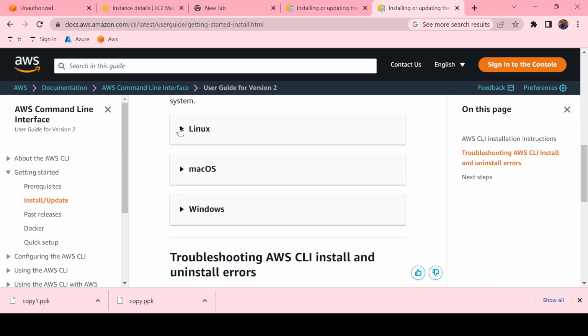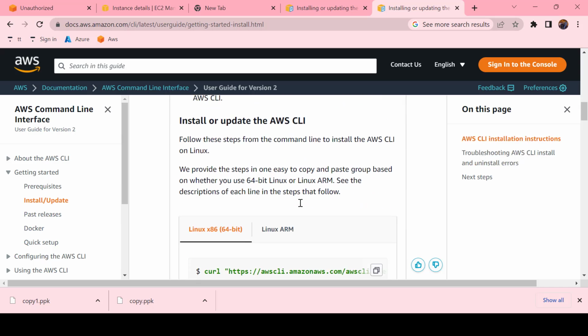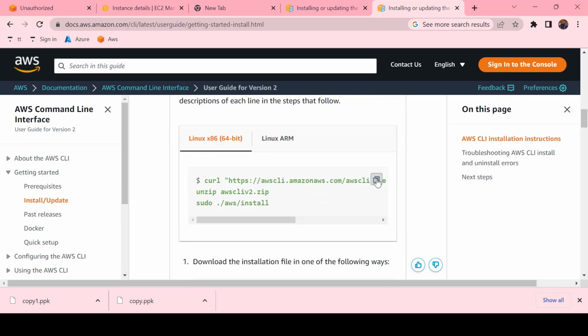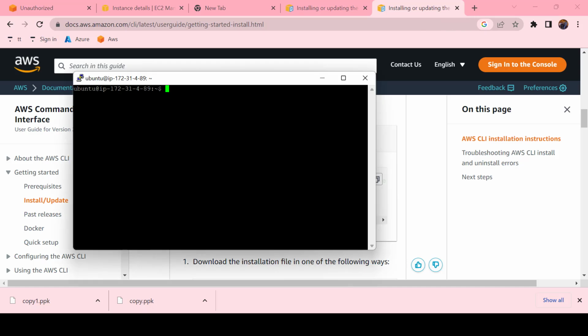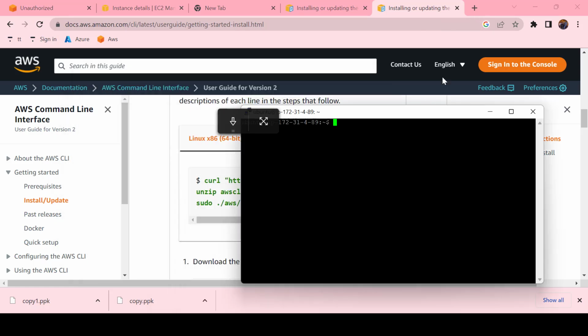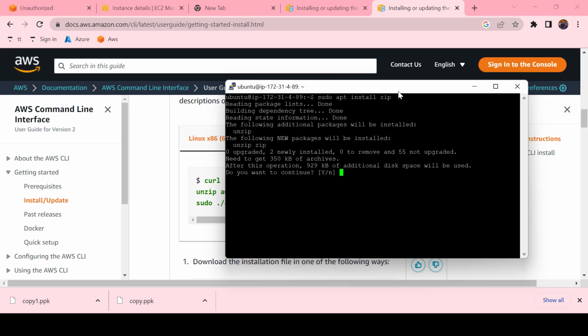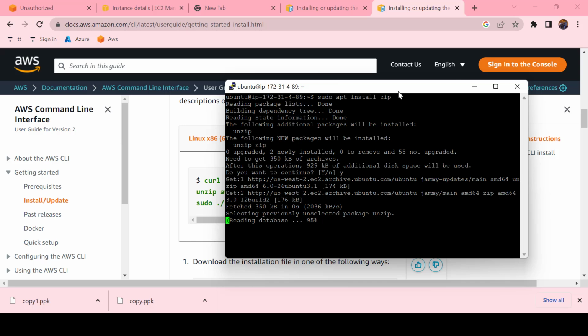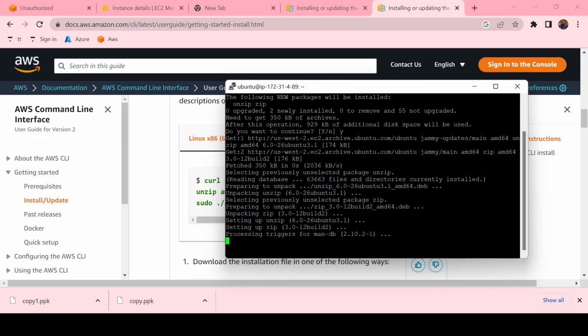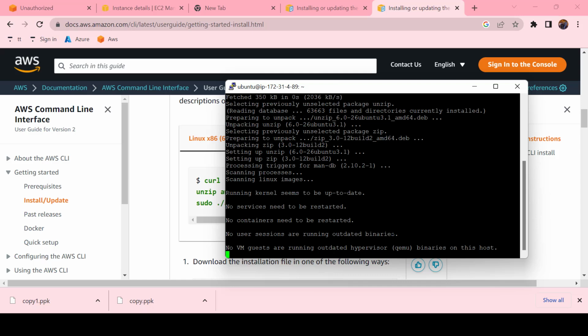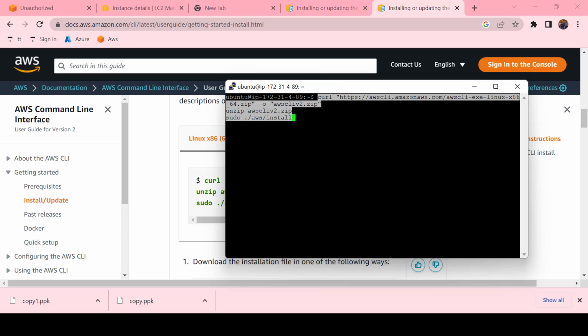you would see whether it is for Linux, Mac OS, or Windows. Select option Linux. Okay, copy this and then go here. Before that, let us install a zip in this. Sudo apt install zip package. Yes, because we have to unzip the software, so we need a zip package. So I have installed it, and then